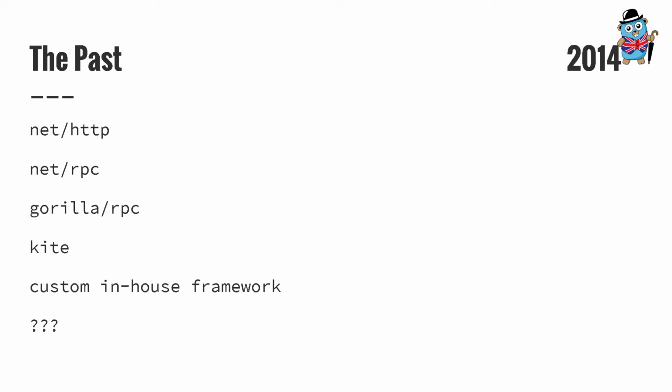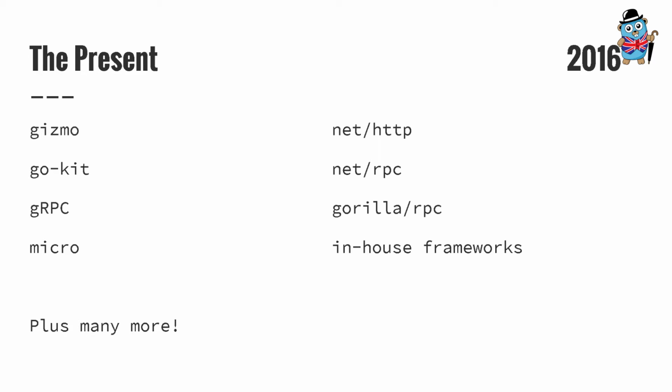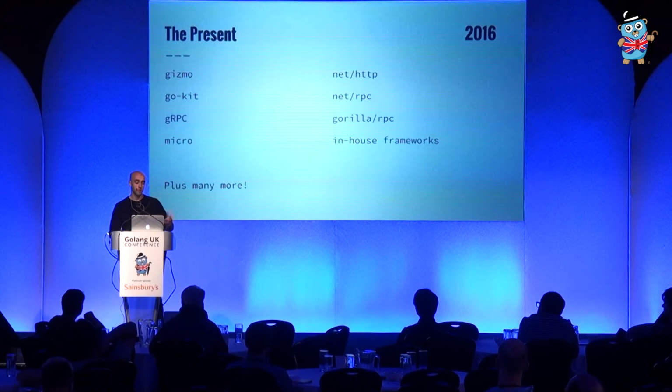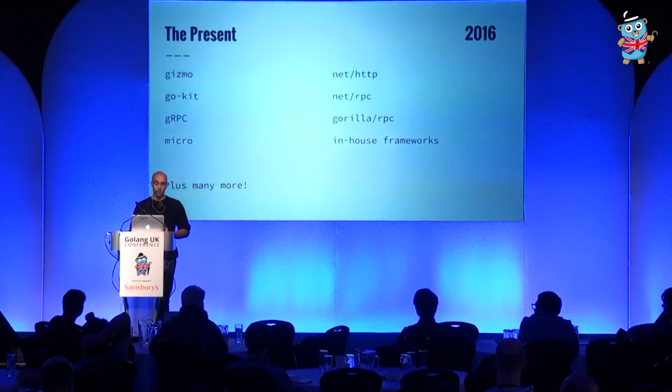There wasn't really much out there, and I think you just ended up building something for yourself. The standard libraries were really good, but you sort of needed these extra pieces, and you'd end up building it yourself. And today, while those solutions are still valid, we're seeing the emergence of these essentially toolkits, or software that helps you write distributed systems. So Gizmo from New York Times, GoKit from Pierre Bourgain, gRPC from Google, and a number of other solutions as well. And I think it highlights the fact that now there is choice, and you can choose to use these pieces of software, or you can continue to build your own.